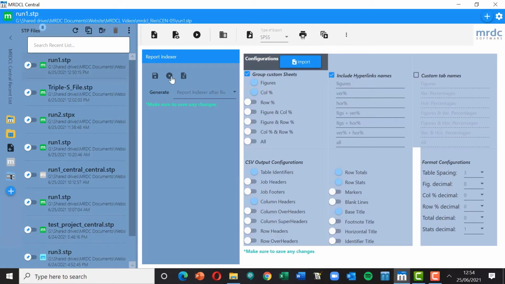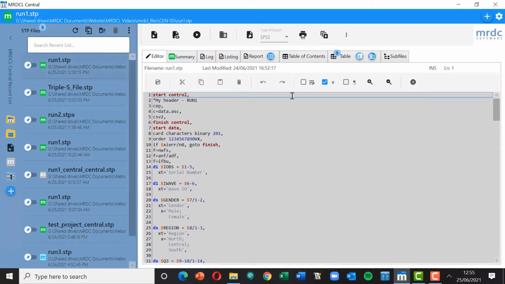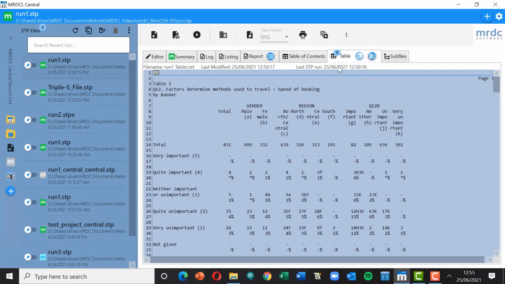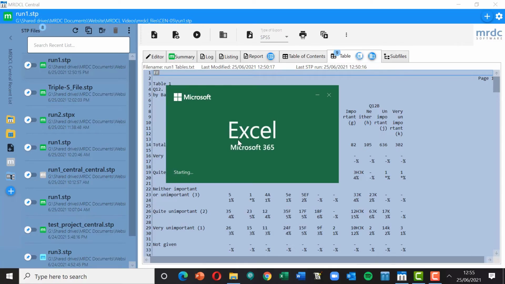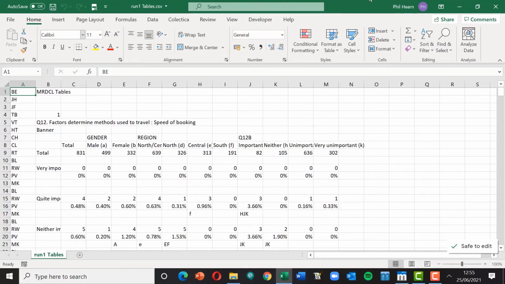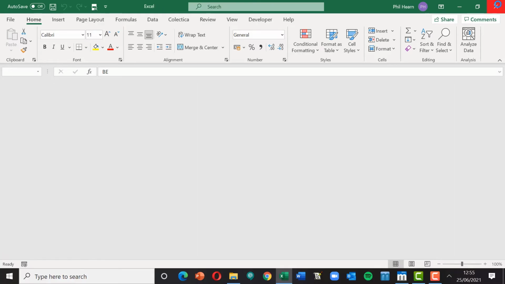When you're ready to run this, you just click on the Run Report Indexer button, and it tells me now that my output's complete. If I go back to the editor window, I can now open on this icon here the XLSX workbook that it's generated for me. I looked at the tables just now, you remember. I can look at those tables as a CSV file, but more importantly, if I close this,